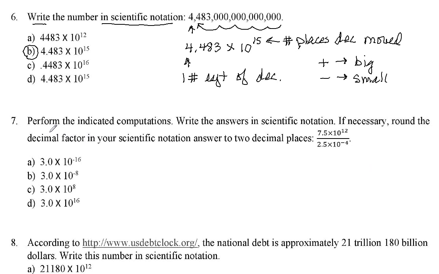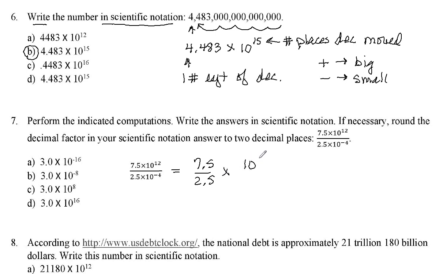Number 7, we're performing some operations with scientific notation and writing the answer in scientific notation. So you actually can do these on your calculator. If you're using the MyScript Calculator, you can just write it out exactly like this. Now, if you are not using that calculator and you don't have scientific notation on your calculator, the easiest thing to do is just to download the app or get a calculator that does scientific notation. But the other way to do this problem is to say, well, what this means is 7.5 over 2.5